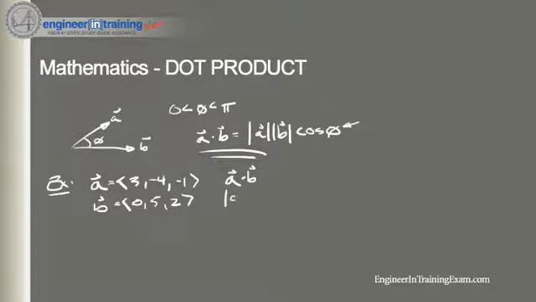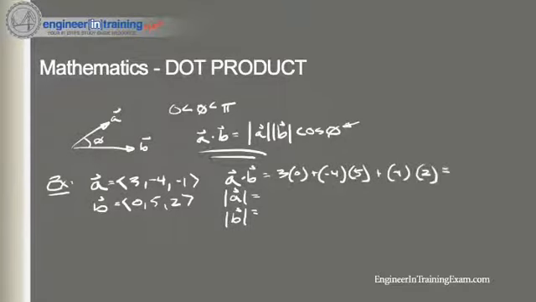We need to find the magnitude of A, and we need to find the magnitude of B before we can determine theta. So A dot B is going to be 3 times 0 plus negative 4 times 5 plus negative 1 times 2, which gives us a scalar value of negative 22. Now the magnitudes of A and B are the square root of 26 and the square root of 29. Now I'll let you guys determine how I came up with that. That's just basic geometry,